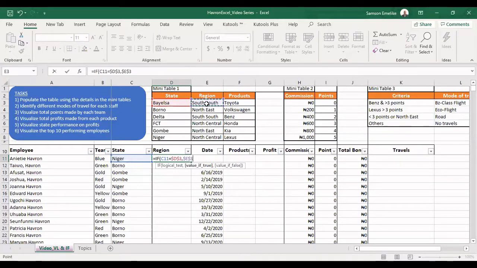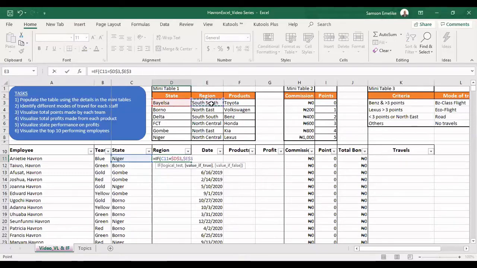You can see that I'm locking the cells. The cell references I'm picking from here, I am locking them. I am making them absolute references because I am not going to shift them down when I shift here down. So as we just go down through here, this is going to move, but we are going to fix the table here. So we have said if C11 is the same thing as what we have in D3, it should return